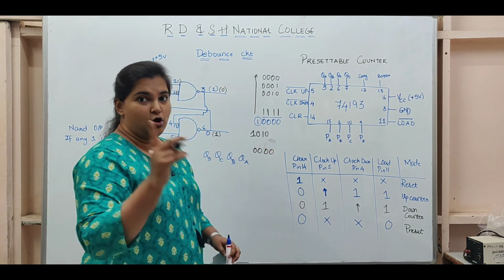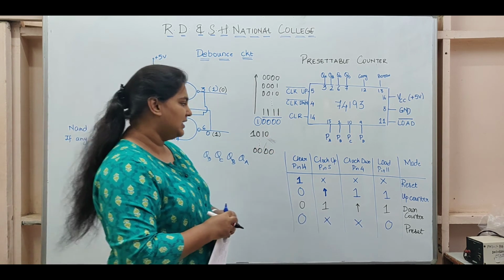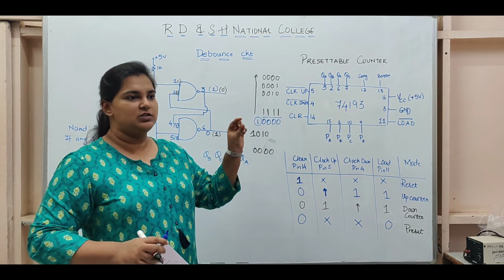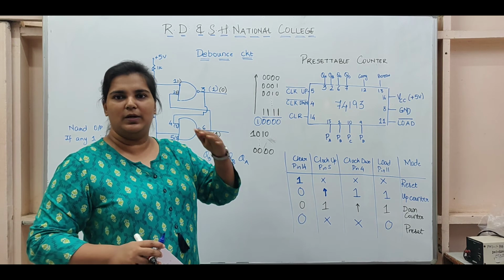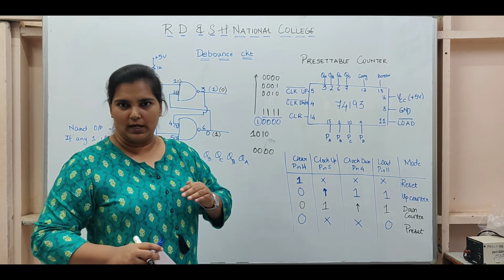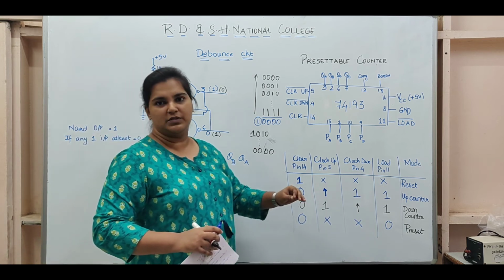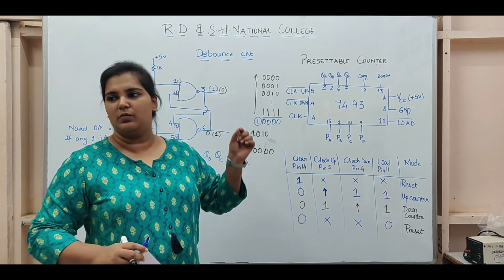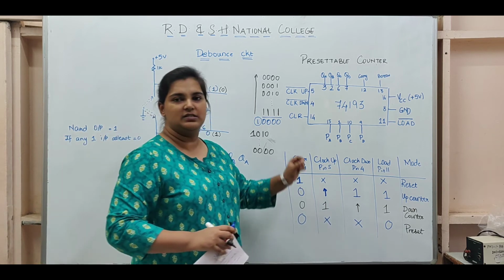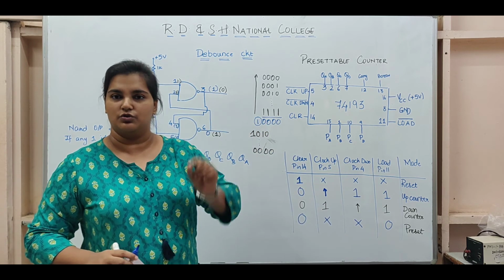The difference in stop and reset: reset is going to make everything 0, whereas stop will just lock that particular value wherever you stop. So suppose I have reached up to 1001 and I go to stop state, my value will continuously be 1001 till I am in that state. Whereas what reset does is reset makes it 0000.